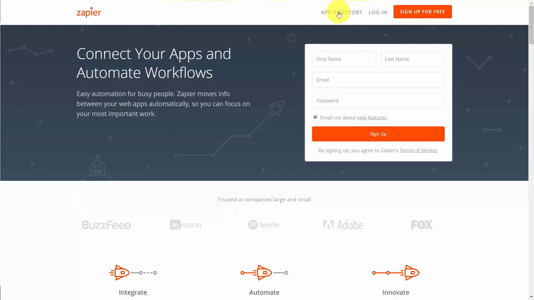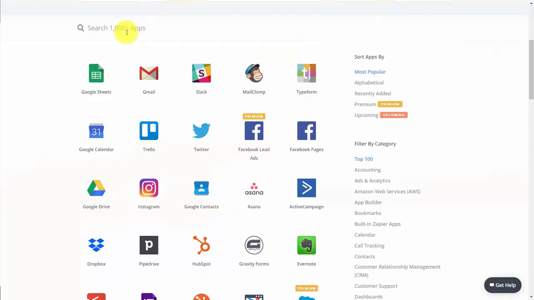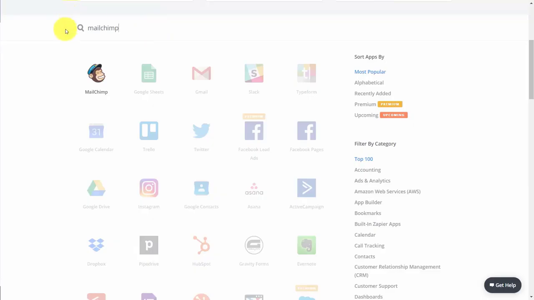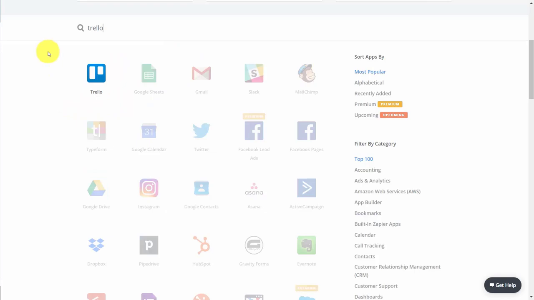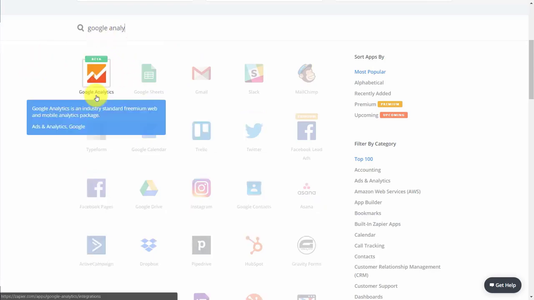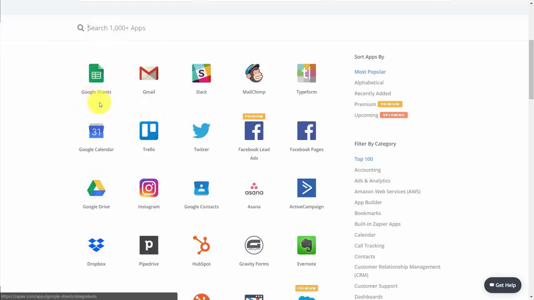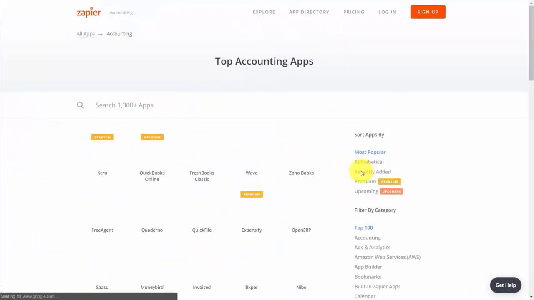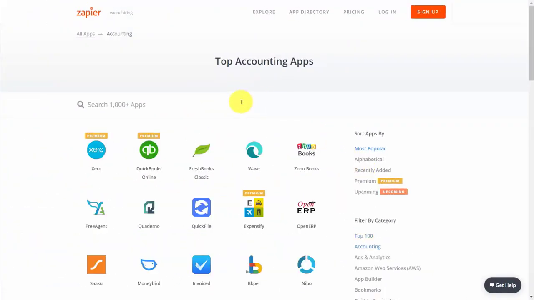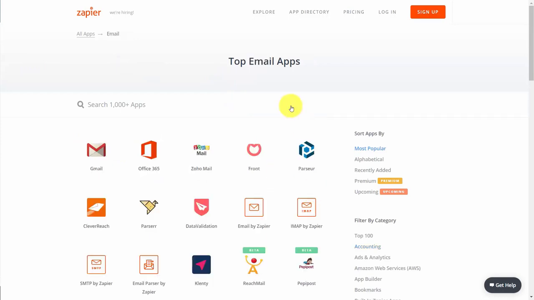Now if you want to know whether or not Zapier will connect with something that you are doing, you want to go to the app directory at the very top of the site. And what you can do is you can write in the application that you use most. For example, maybe you use MailChimp, Evernote or Evernote Business, Trello, or even Google Analytics. Or if you're considering certain platforms, you can take a look at the categories. And for example, you can click on accounting and you'll be able to see all of the accounting relating apps that Zapier uses to connect. The same is true of email applications